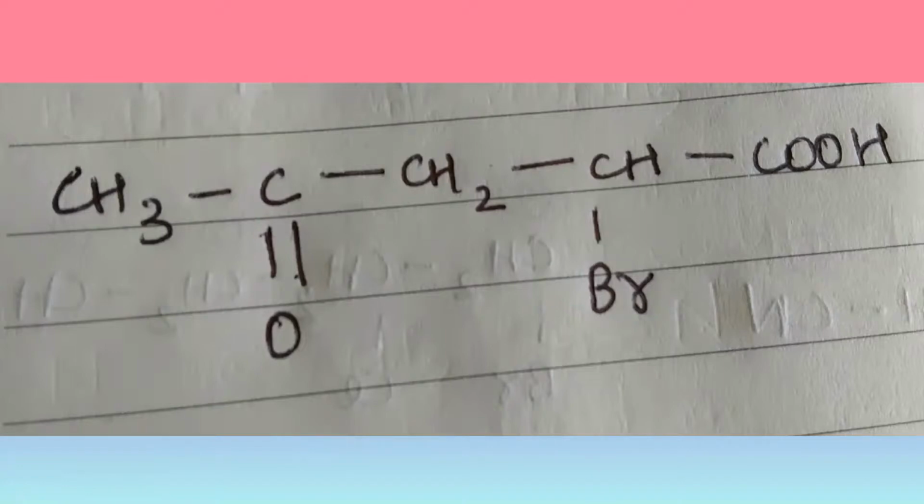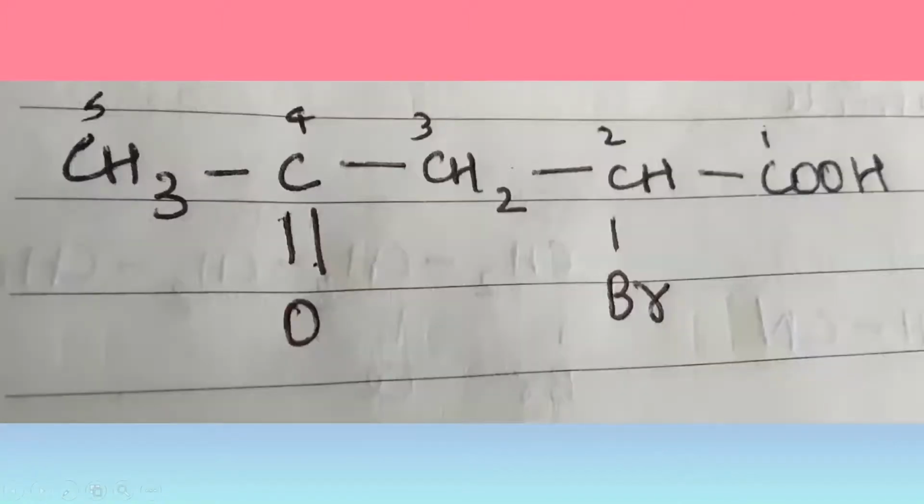So whenever we are naming a compound, the carboxylic acid group will be the main principal functional group, and it will also get the least locant number. And so when we are naming this compound, we first need to select our parent chain. And whenever we are selecting the parent chain, we also consider the carbon from the carboxylic acid. So if you take it into consideration, we have 5 carbons in our parent chain, and here the ketone group becomes our substituent along with our bromine group.